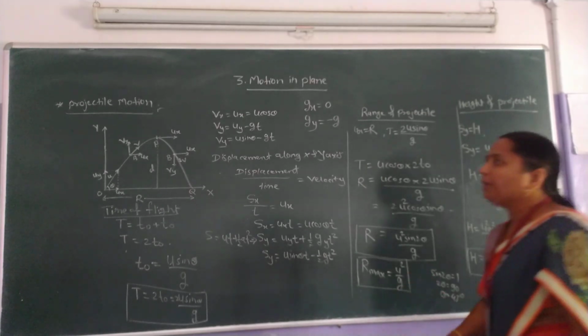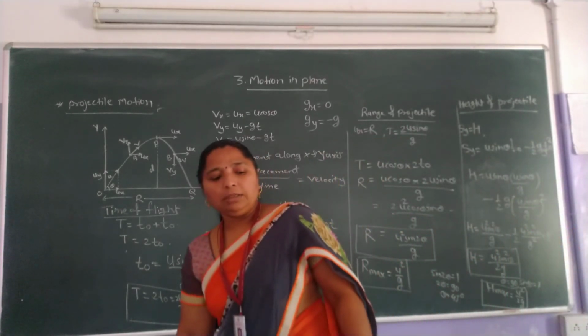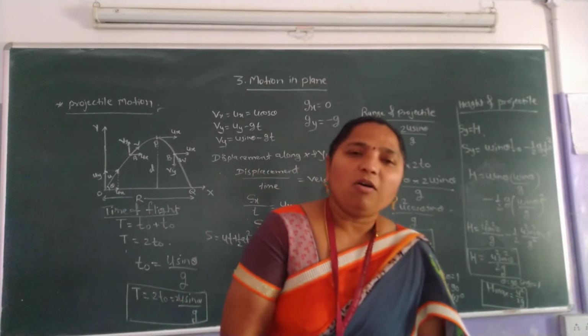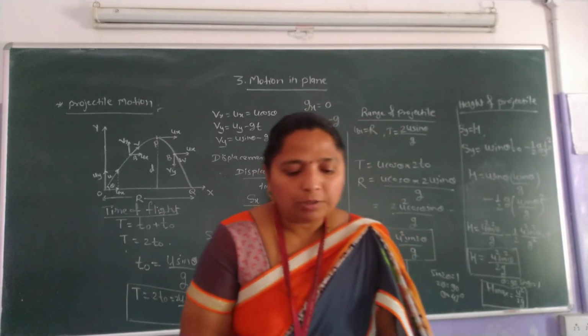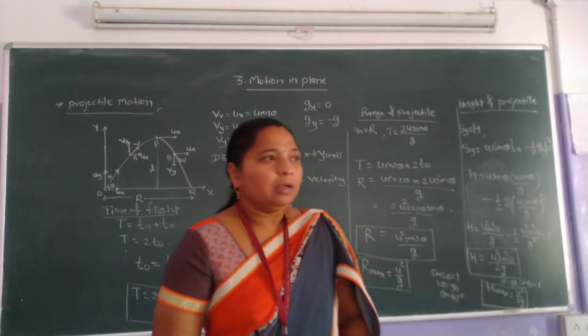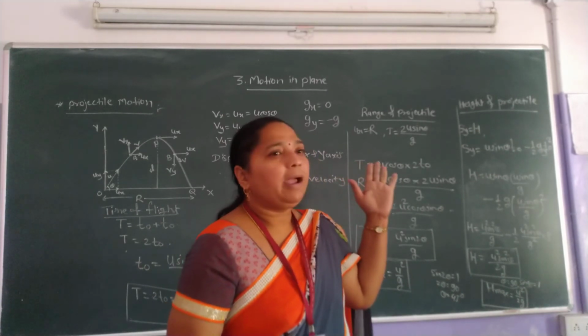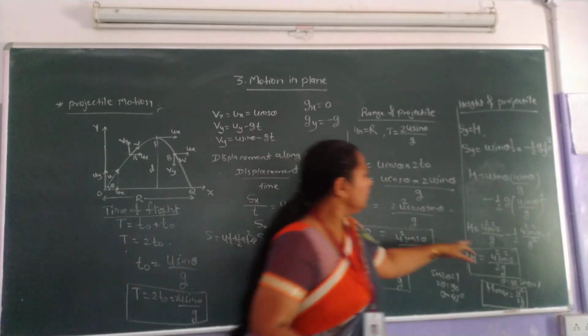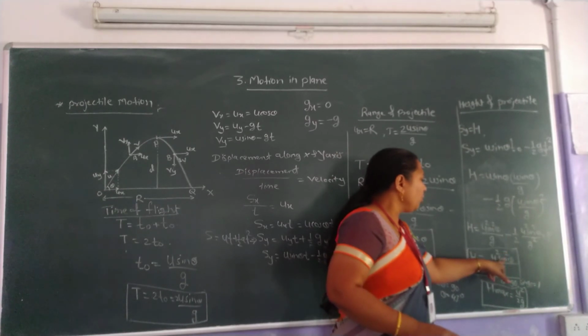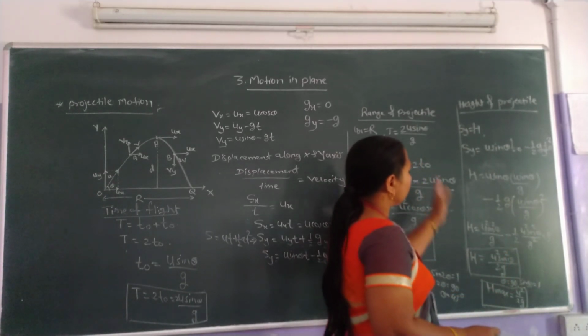That formula can be calculated by using the relation of horizontal range, where u sin theta is the vertical component of that velocity, uy square upon